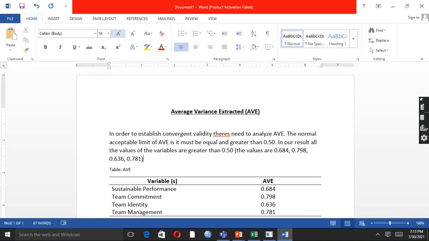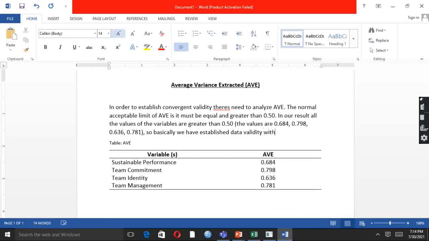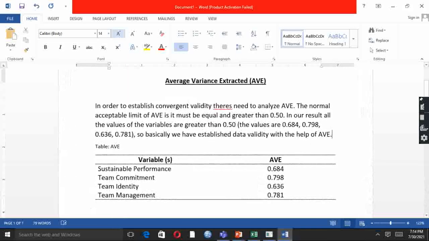As the values are greater than 0.50, we have established convergent validity with the help of AVE. So this is how we can analyze and interpret the table of average variance extracted. Thank you.